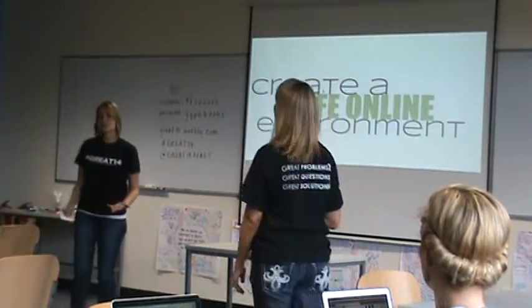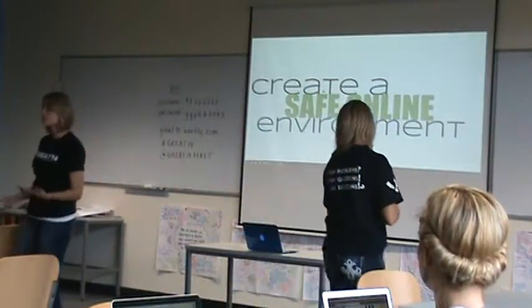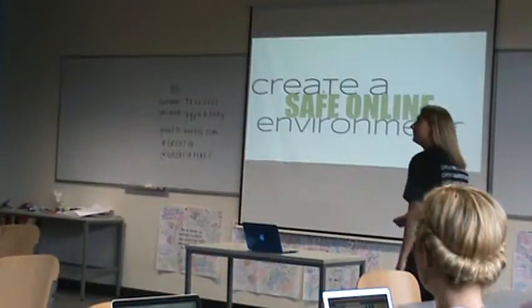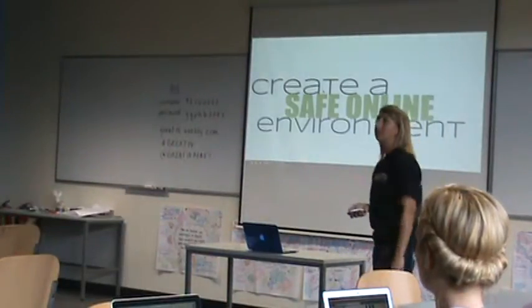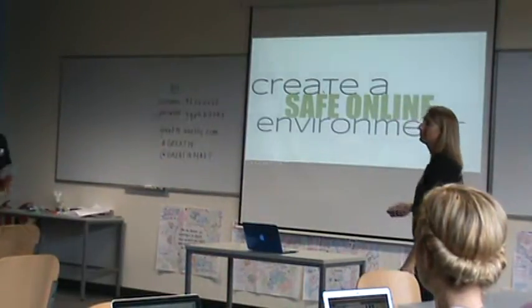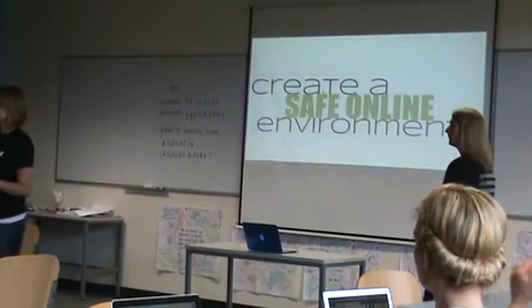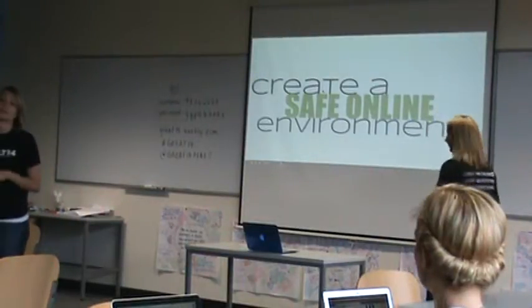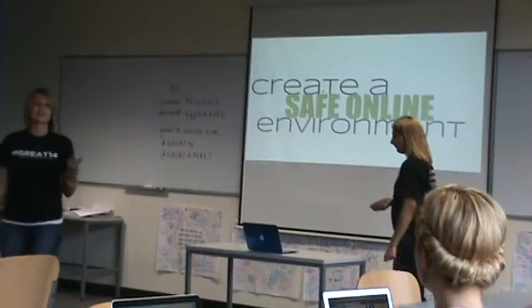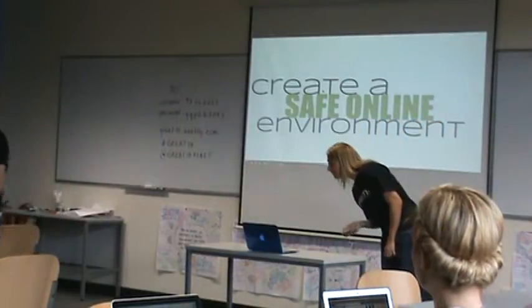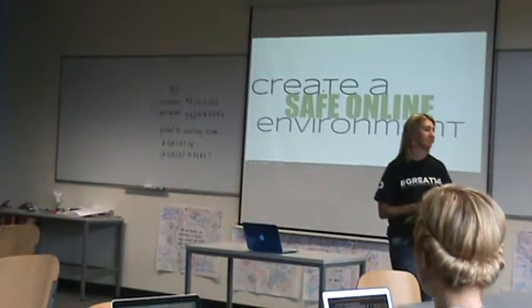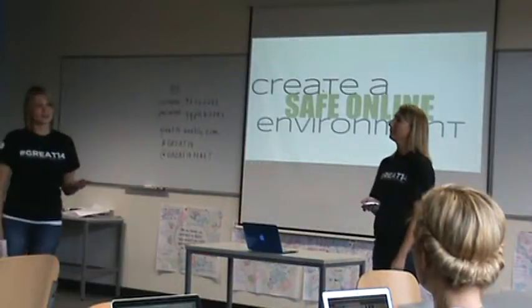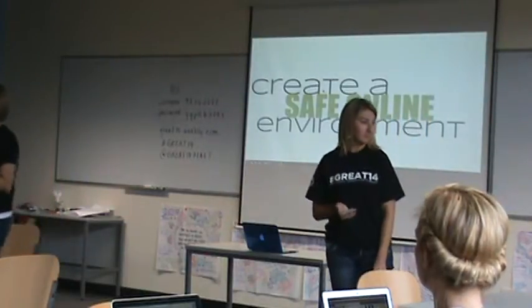So we need to make sure we create a safe online environment. We spend the first two weeks of school going through procedures for the classroom. We need to do the same thing for an online environment. We need to compare those behaviors in the classroom to the behaviors online. For example, you would not sit there and let your students call each other names across the classroom. You wouldn't let them draw inappropriate pictures. You wouldn't let them print out pictures of someone else and post them around the classroom.